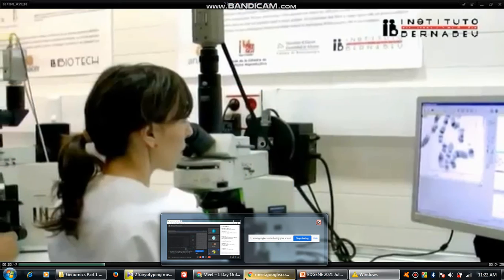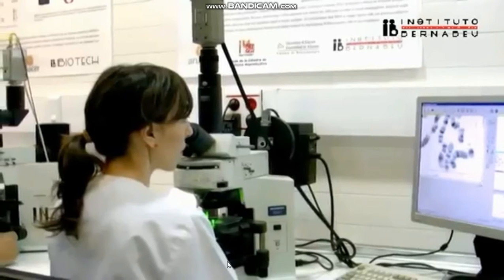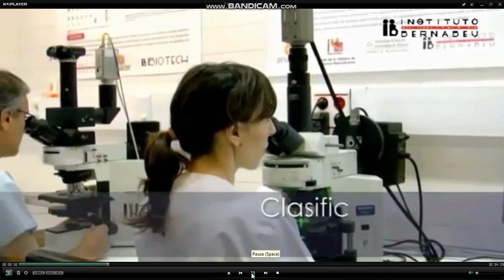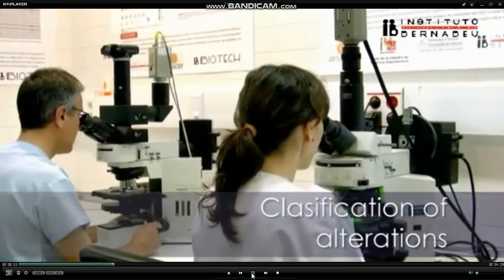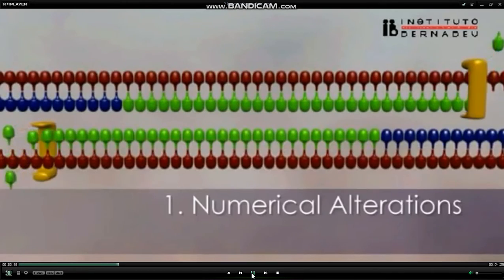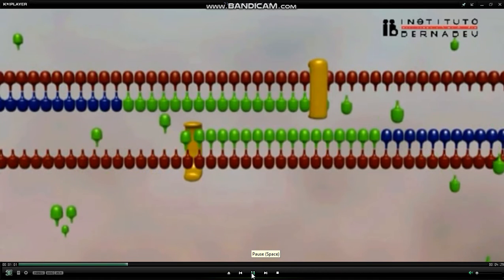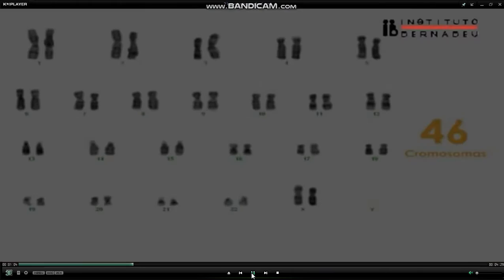This has now become easier with technology. They can classify the various kinds of alterations according to their training. There are some groups of alterations that can be identified, such as numerical alterations. In some cases some chromosomes may be lost, or sometimes there may be a gain of chromosomes. Any such alteration is very detrimental to a particular tissue, a particular embryo. So all such kinds of abnormalities are identified.